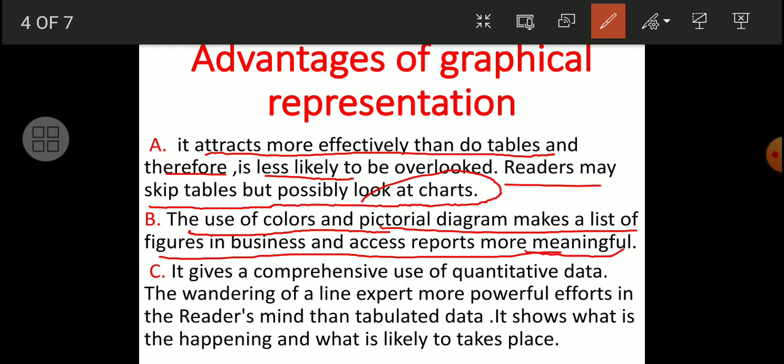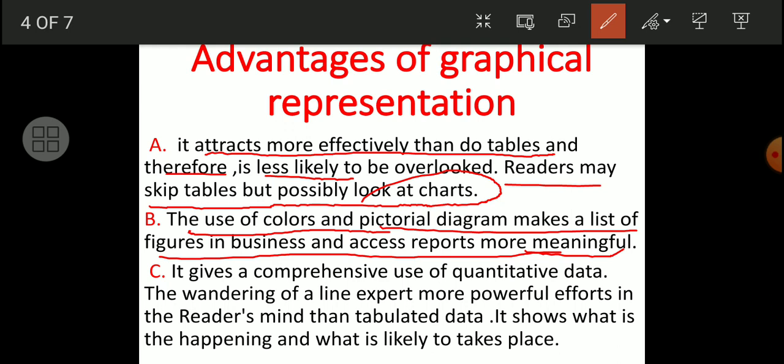So whenever there is a graphical representation, we can use some colors to show the difference. Suppose in a graph we have drawn, with the red pen, the less growth of plants, and the green color is for higher or tall plants. So immediately we can make the difference between the two, dwarf and tall varieties, dwarf and tall plants.